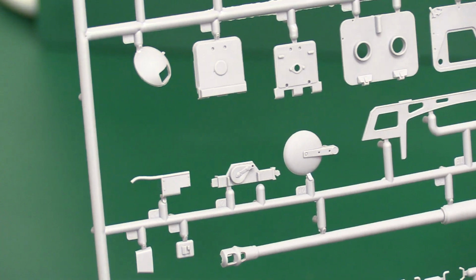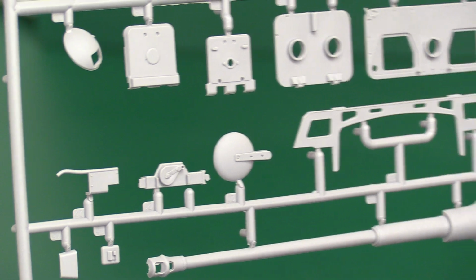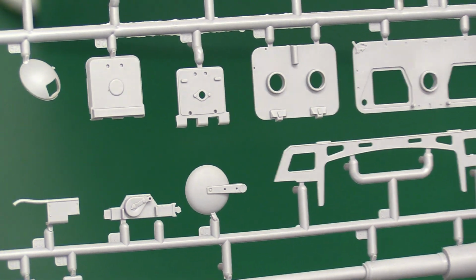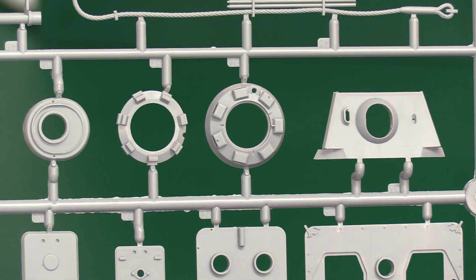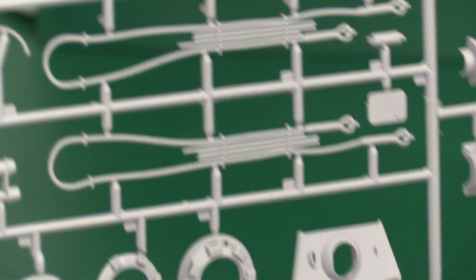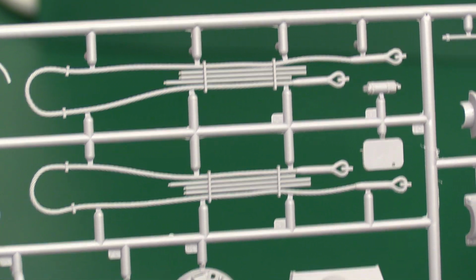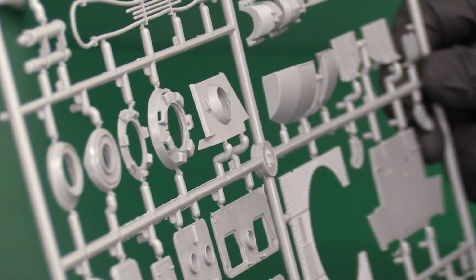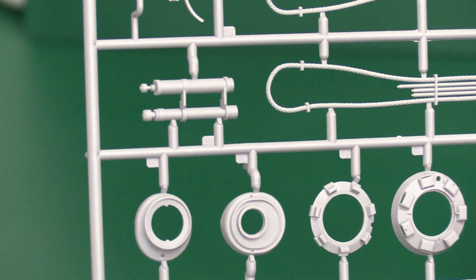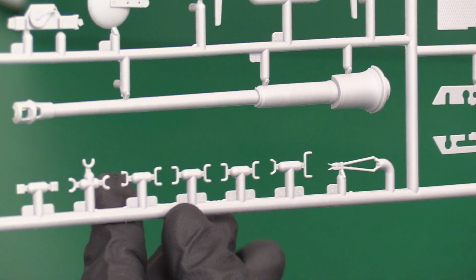But we've got nice detail there on the hatches and things, and we've got the little jack. They've done that really well. That's very nicely detailed. We've got our front mantlet here and the cupola for the commander. We've got some very nicely done towing cable. That's lovely in detail, isn't it? That's really good. And we've got the recoil suppression shockers there. What else have we got? We've got all the little hatches and the little